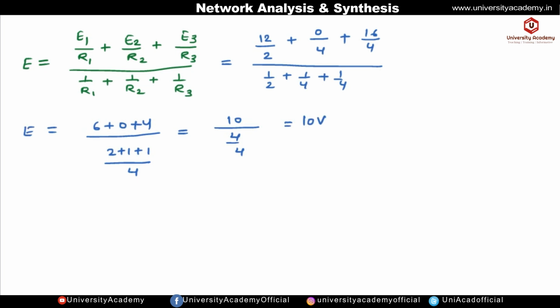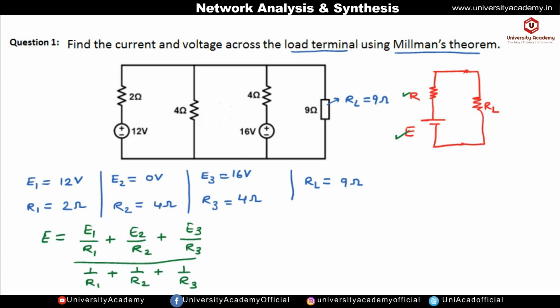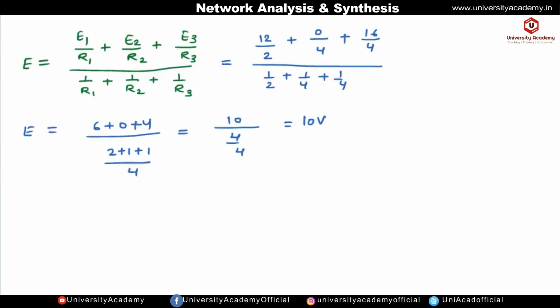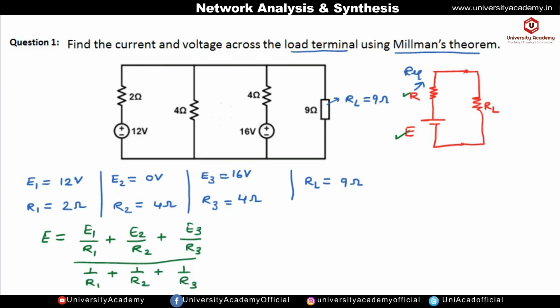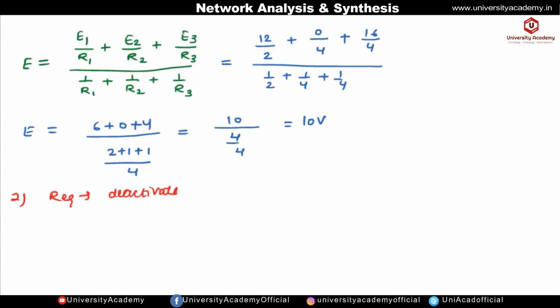Okay, now next we have to find the value of R. So this resistance R is nothing but R equivalent. So we have to calculate R equivalent. In order to calculate R equivalent, we have to deactivate the circuit. So when we deactivate the circuit, the voltage sources will be replaced by a short circuit and the load terminals are open. Okay, so the circuit will become,